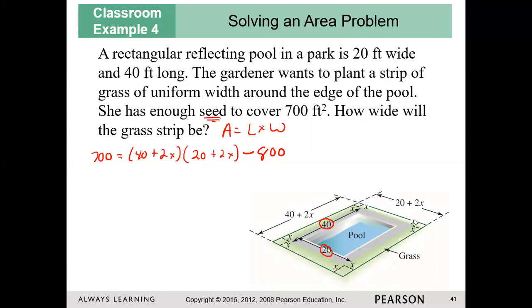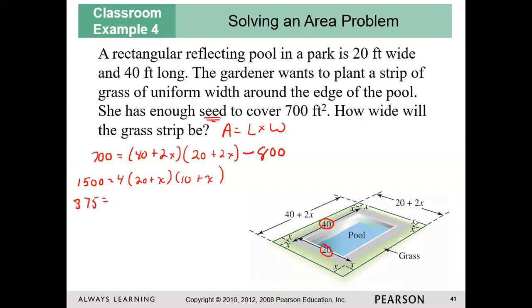All right, so I'm going to start to clean this up as best I can. So I'll add 800 to both sides, which will give me 1500 is equal to. And the next thing I'm going to do is I'm going to factor a 2 out from both of these. So when you factor a 2 out here and a 2 out there, you end up with a 4, right? Because 2 times 2 is 4. And that gives you 20 plus x, and that gives you 10 plus x. Again, I got this 4 by factoring out a 2 from each one of those sets of parentheses. And then 1500 divided by 4 is going to be 375